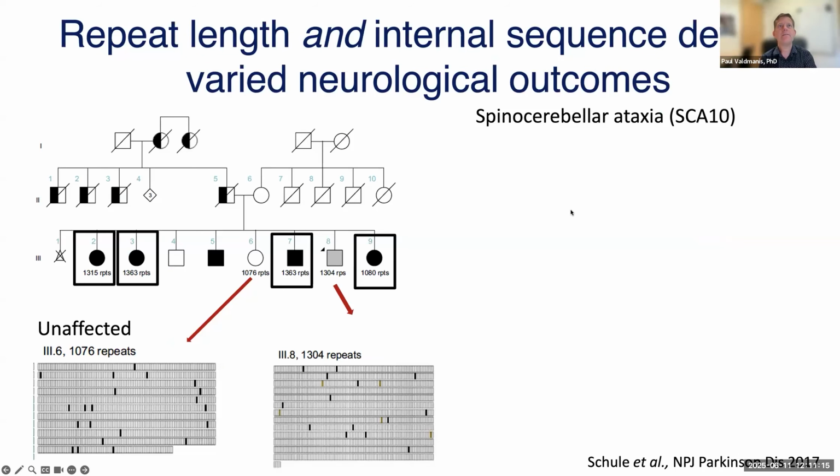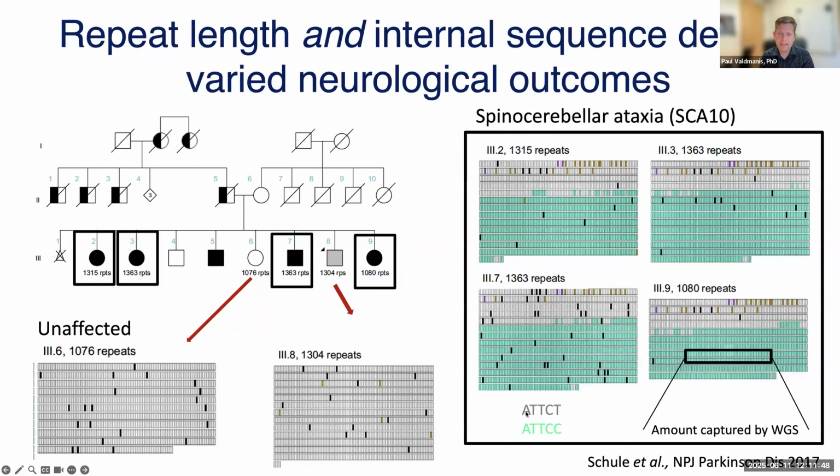And these approaches have really, again, revealed surprising insight into some of these really large expansions. One of my favorite examples is a pentanucleotide repeat in the SCA10 gene, leading to spinal cerebral ataxia. And this is a repeat that is expanded, especially in South America, up to 1,000 repeat copies of this five base pair repeat motif. But individuals with this repeat are largely unaffected if they have a particular repeat motif, this